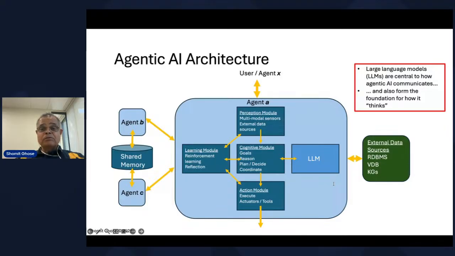The LLM provides two crucial functions. One is to serve as an input-output mechanism for us humans. We can communicate with language, for example, and get response via language. The other, and this is the important part of today's discussion, is that it provides the foundation for how the agent thinks using something known as chain of thought.